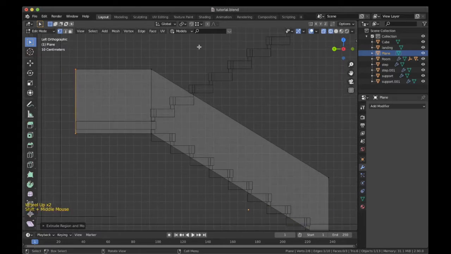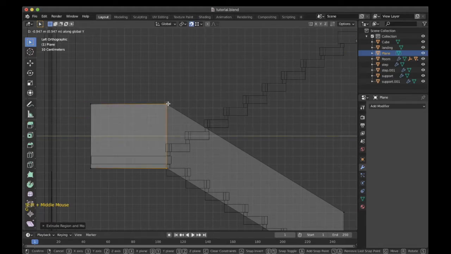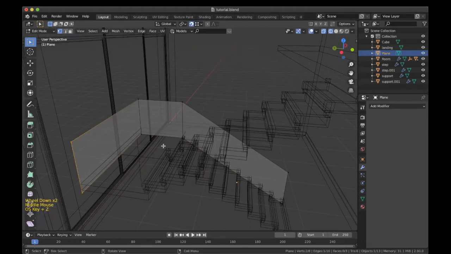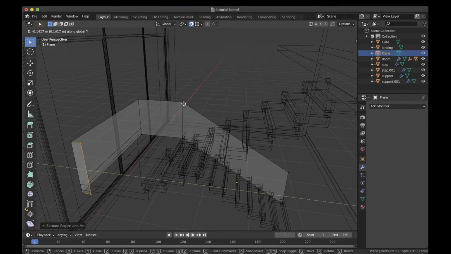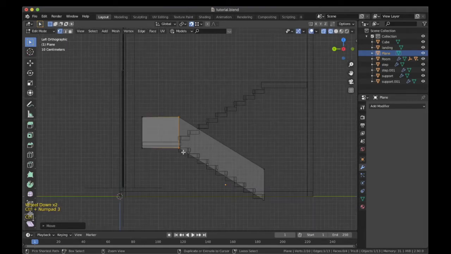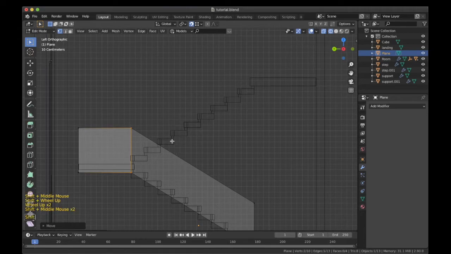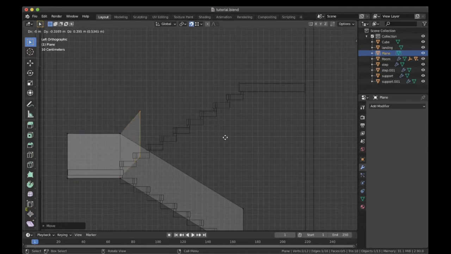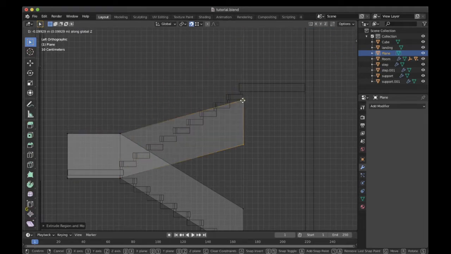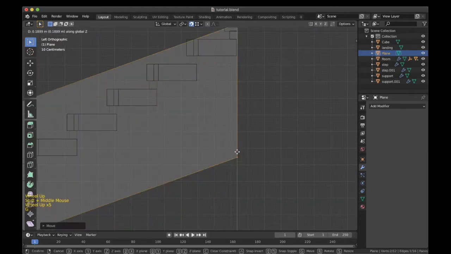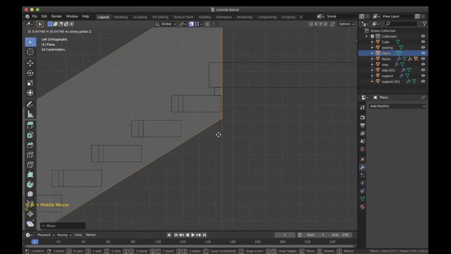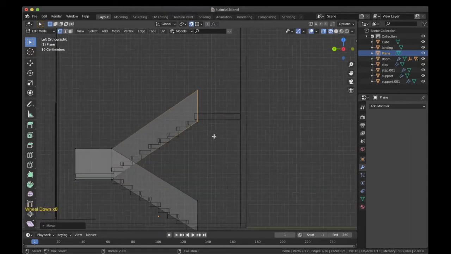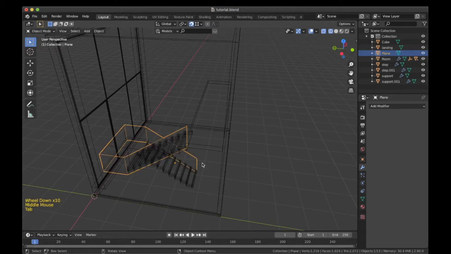This time I'll first turn the snap function on, and then along Y I will snap it to this. Let me first extrude it, sorry, and then I'll snap it to this. Yeah, now by pressing Ctrl 3 you can see. Now like we did for the railing on that side, we will do it similarly on this side. I will extrude it and then I'll snap it to this. Let me zoom in. Yeah. So this way we have the basic railing setup real quick.